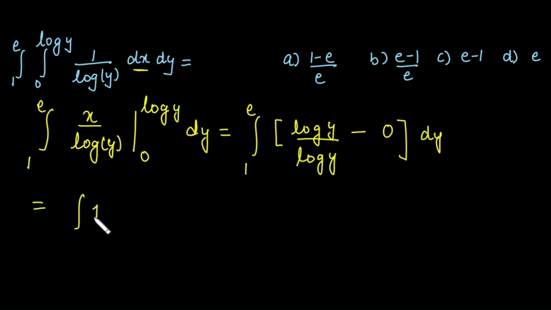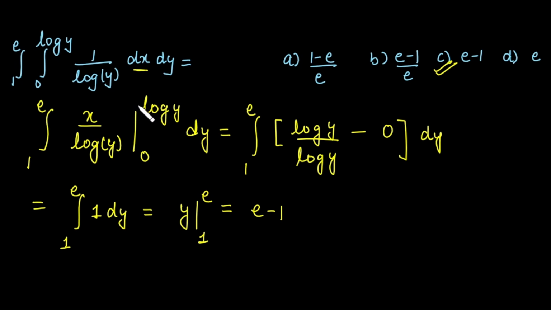Integration of 1 with respect to y, and the limit for y is 1 to e. It is y. This is equal to e minus 1. Hence answer is C option. So do not always panic on seeing a question. Look at the question carefully once,